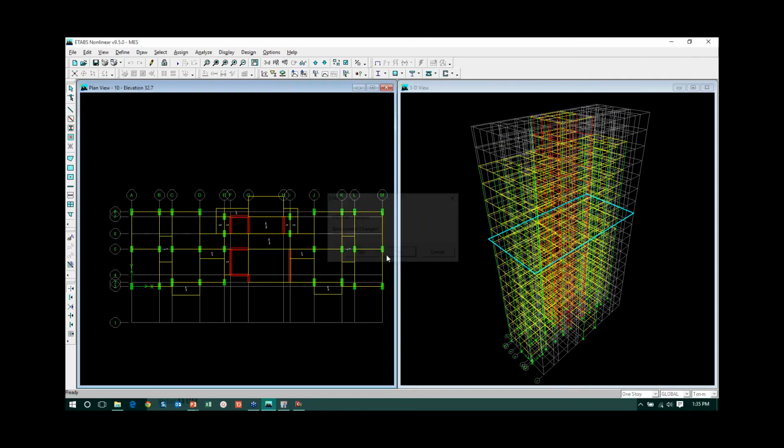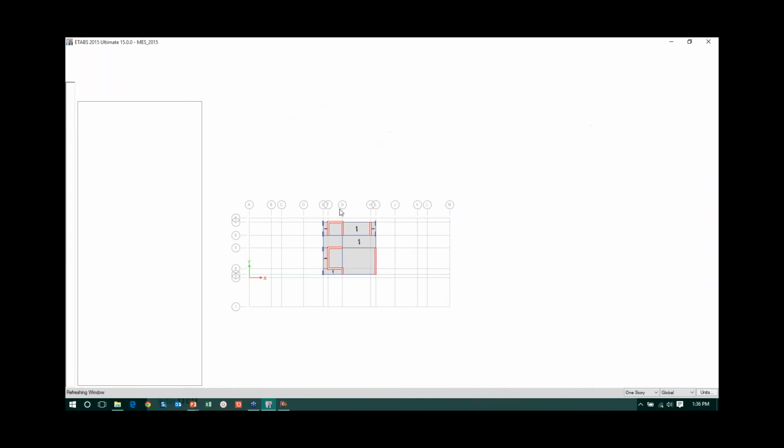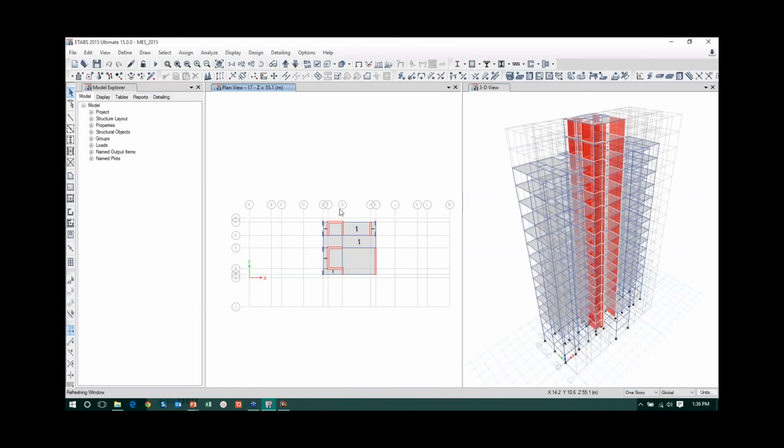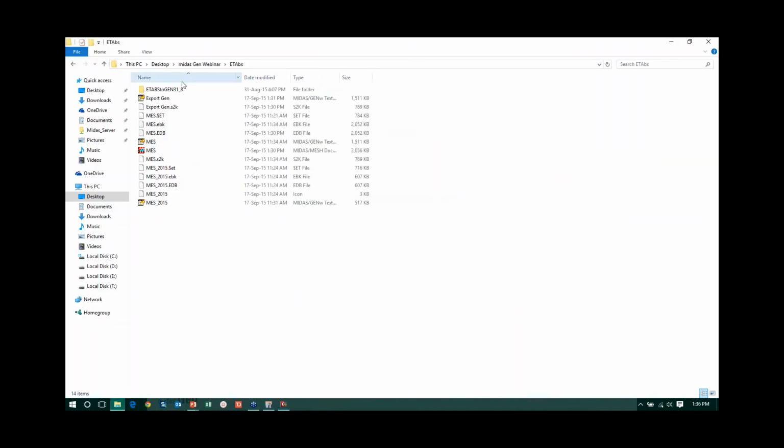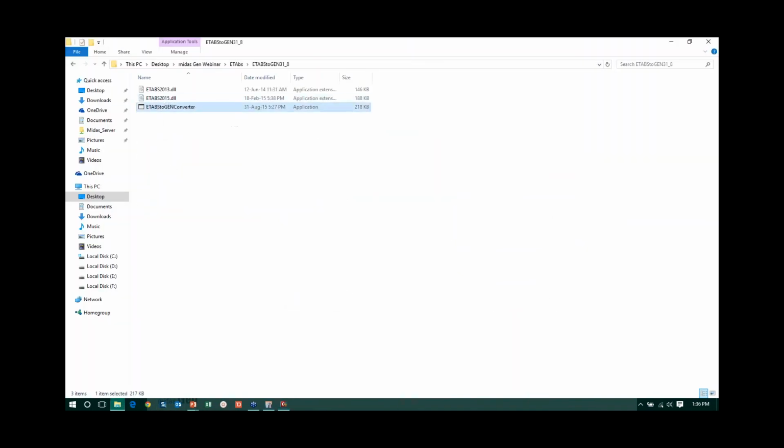Now for ETABS 2, the latest version, there is no import or export functionality to SAP. So for ETABS 2013 and 2015, we have created a converter file. You open the converter. Here you can directly read the EDB file. There is no need to export to an E2K file or any other file format.